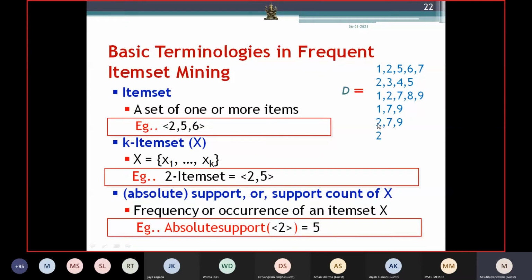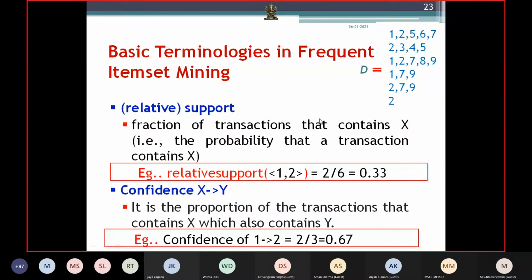So the total number of transactions that contain your item is the frequency of occurrence of the item set. 2 has occurred in 1, 2, 3, 4, and 5, so it is 5. If you take the occurrence frequency of 7, it is 1, 2, 3, and 4. So this is the absolute support: simply counting in the total transactions how many times it has occurred.